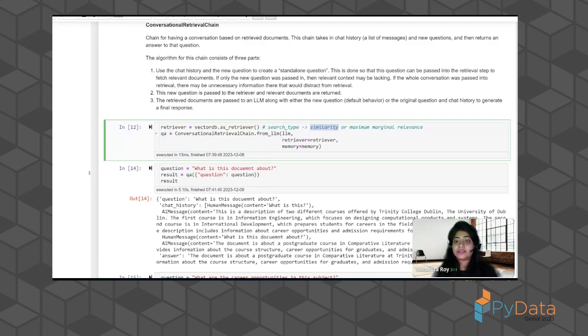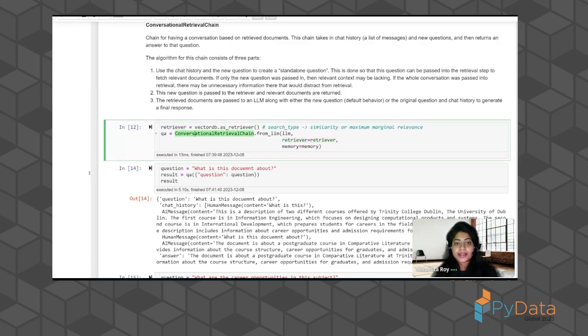You can use some advanced similarity searches as well, which you can set as the search type there, and then you can give that strategy, but that's all you need to know. That's all you need to do in order to retrieve the context from the vector database. Okay, and that's your retriever.